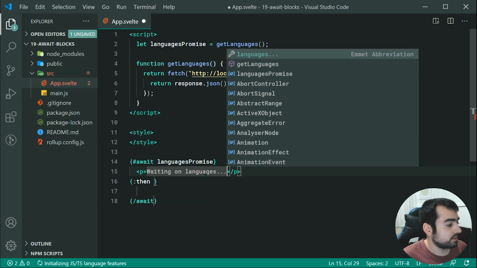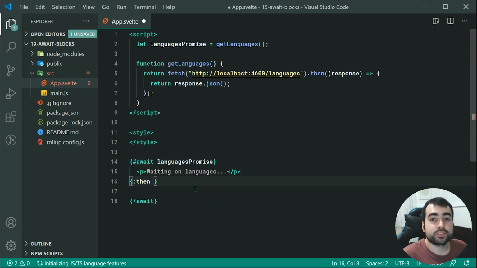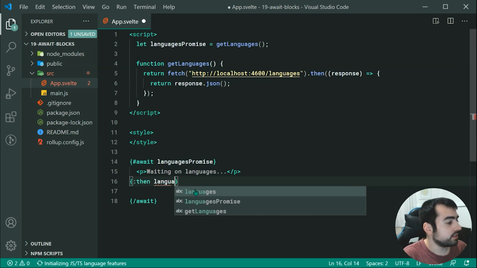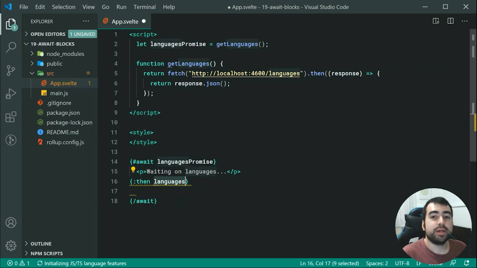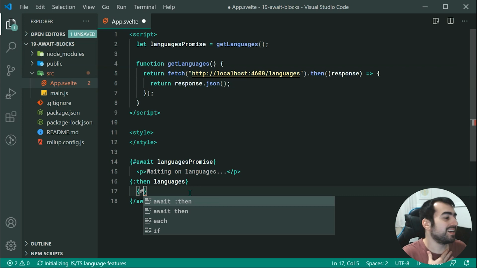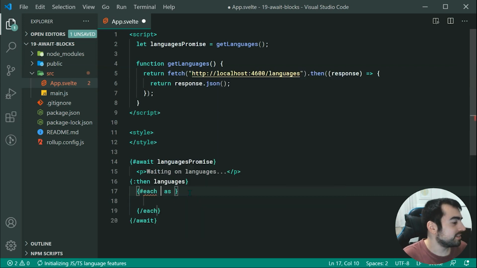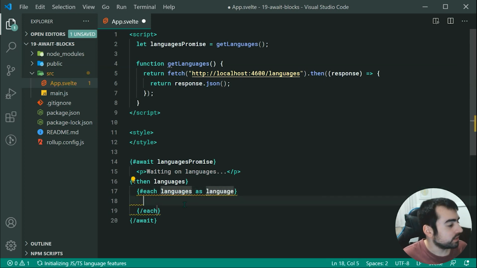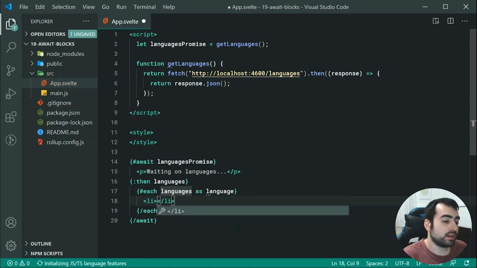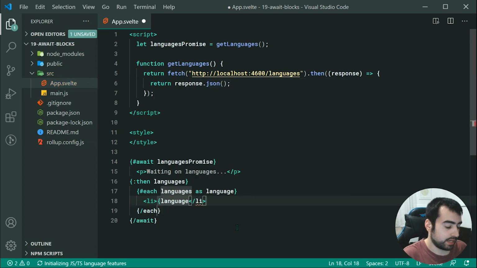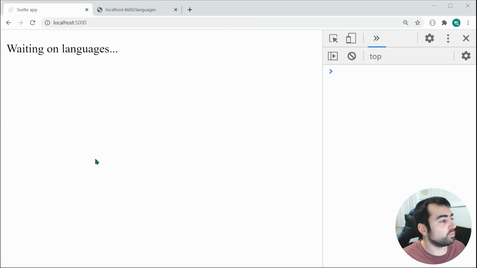Now inside the then section, we can specify the actual data. In this case, it's going to be languages, and this languages is going to be the value which comes from this return response.json, in this case being an array of languages. Now we can use an each. We can say each languages as language. Then quite simply, we can go inside here, make a new list item, and pass in here the language. Now we can save this and go inside the browser, and we can see we get waiting on